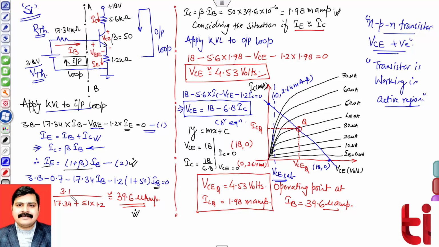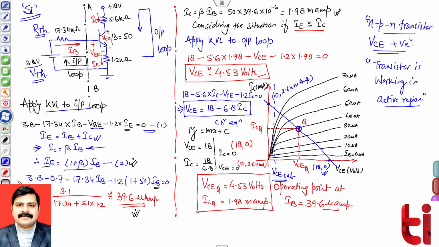This is very important. We must know whether my transistor is working in active region or in saturation region. So one can easily check from here also. Now you can see the typical value of IB is 39.6. So you can check from these characteristics, I have marked a level of 40 microampere. So I have marked this Q over here. That is my operating point. And in this characteristic equation, once I put the value of VCE equals to 0, second time IC equals to 0, and I am having 2 points. 18 and 0, this is my first point, and the second point is 2.67 milliampere.